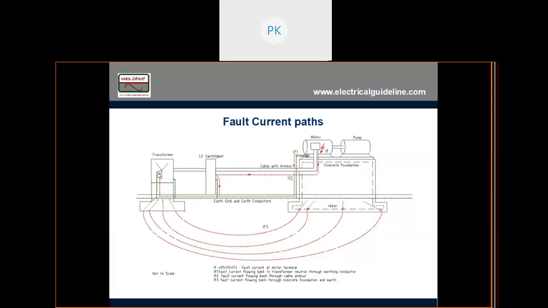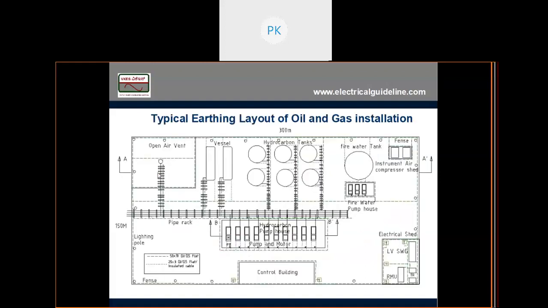Okay. Now, moving further, this is a typical layout of earthing of, let's say, an oil and gas installation. All these vessels, vents, tanks, pipe racks are not electrical items, but still we need to earth them because of two reasons: lightning protection and static charge.